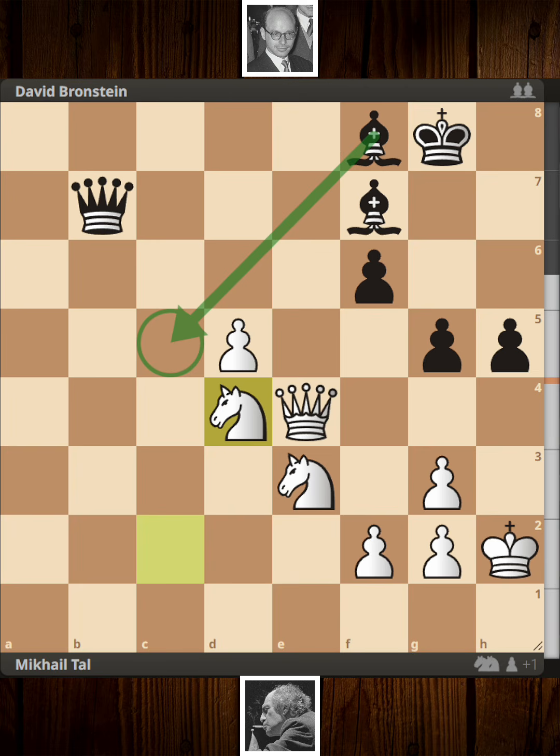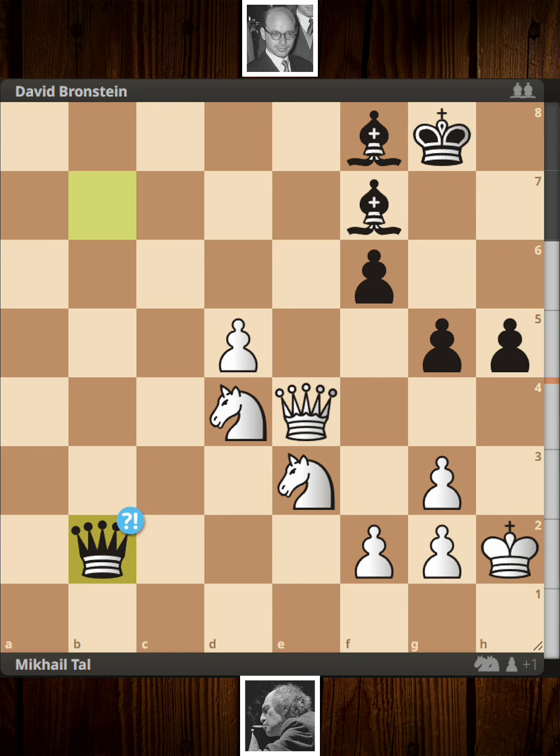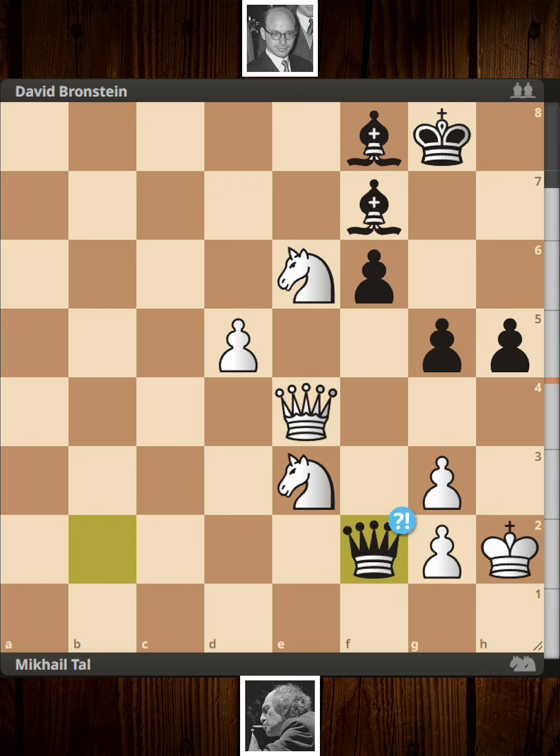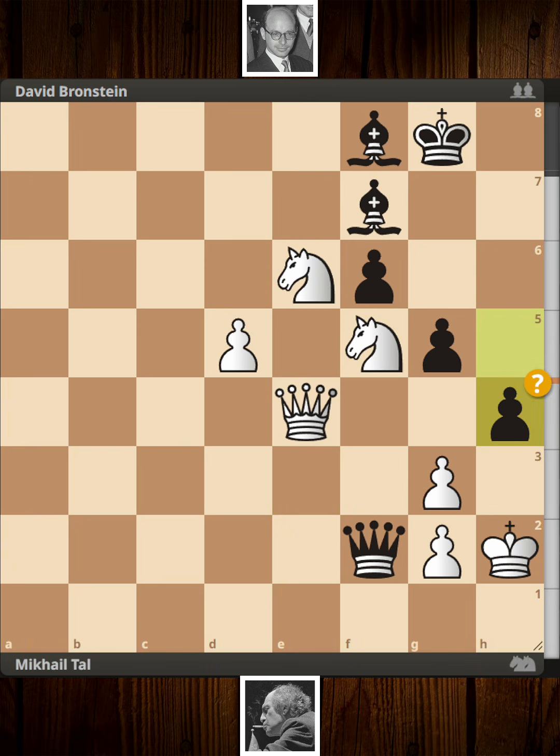And now bishop to c5 must be considered, but he creates another inaccuracy with queen to b2. And finally Tal finds the move knight to e6, attacking the bishop on f8 as well as looking at the passed pawn. I mean, that's amazing. And here David now takes on f2, but knight to f5. What an attacking setup, guys. The knights are dominating on the board, and here David tries to open the king side with h4, but knight